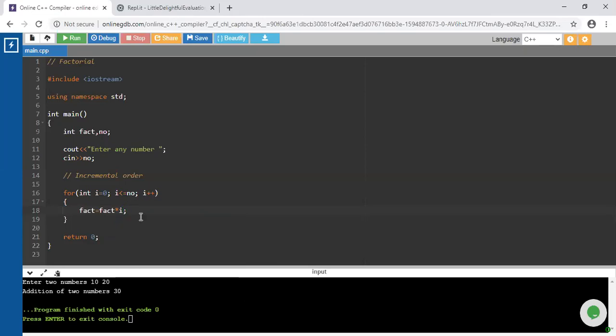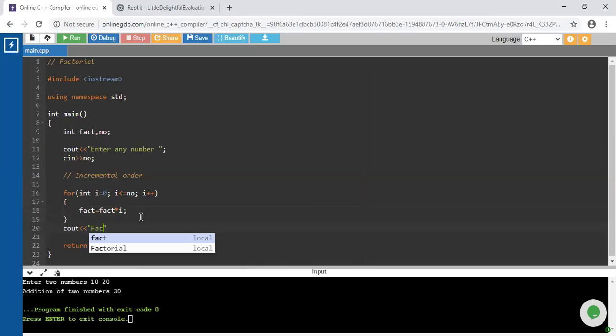And at last, after the for loop, just print factorial. Okay, I'm going to execute this code.